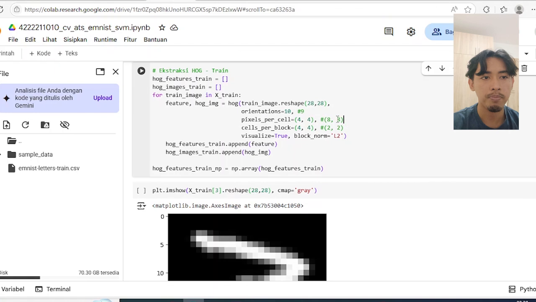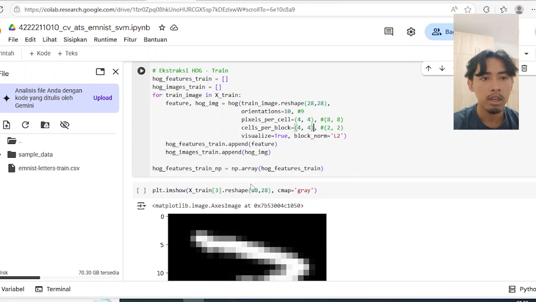This is the default value, and I change it to 4 times 4. The next parameter is cells per block, that means the amount of cells in one block. The default value is 2 times 2, and I change it to 4 times 4.